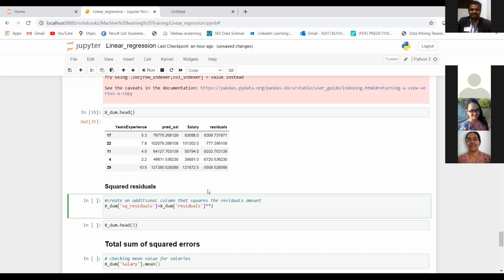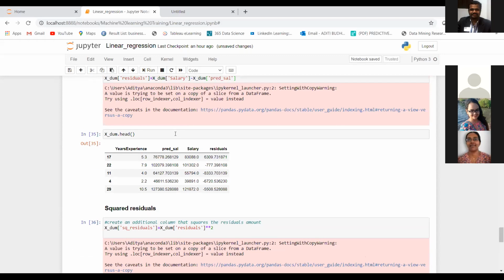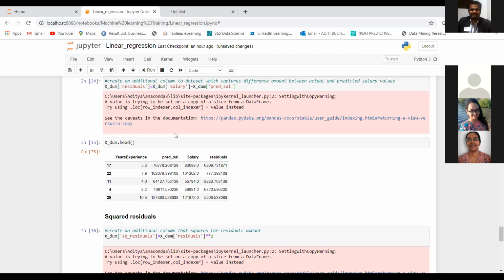Now the next step is to square this error or this residual. So what I'm doing, I'm just going to square these. Can anybody tell me why I'm squaring my residuals? Anyone can guess why I'm squaring my residuals?